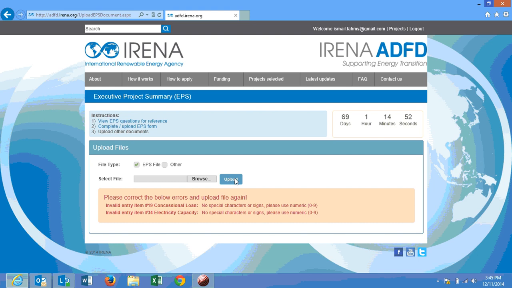Most of you will have some error messages when you try to upload the file. The reason for these messages is to clearly identify where the input into the form is incorrect and needs correction. So if we look at here, I have 2 errors for number 19 and number 34. Number 19, no special characters or signs. Please use numbers only. So if I go to my application form,